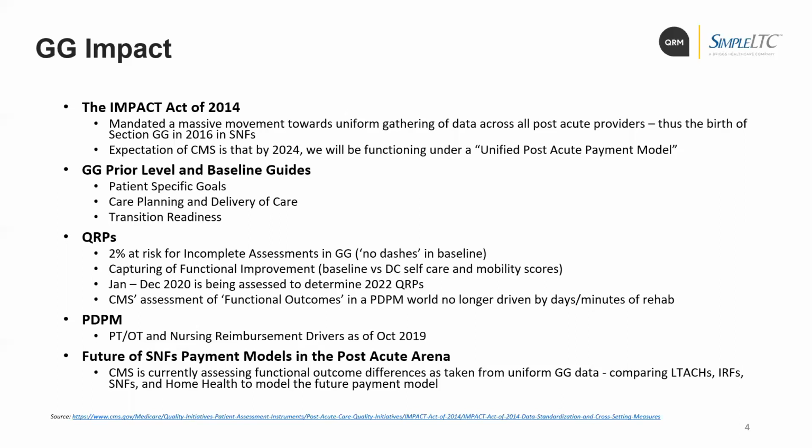So it was really forcing us to be complete in our assessment of the patients. And then we wanted to really capture the functional improvement. So our QRPs, as of today, January of this year through December of 2020, right now is determining our 2022 QRP picture. CMS is right now looking at what we're telling them